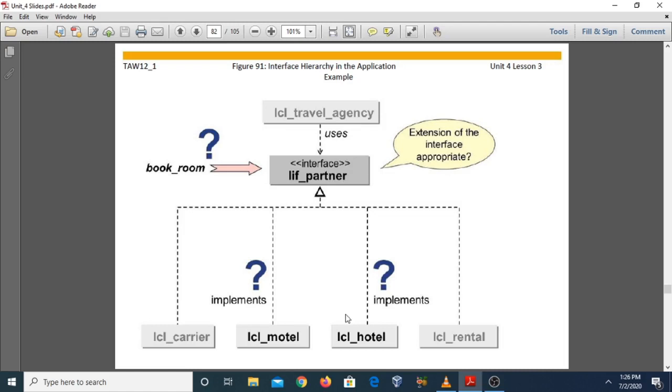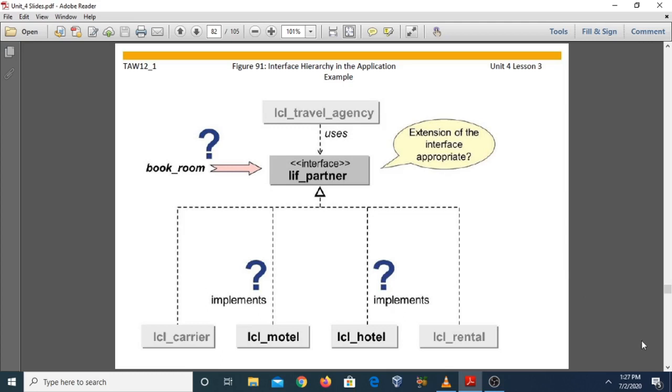Can motel or hotel provide this book_room service through the interface? Yes, that can be done by adding other classes which can implement this LIF_partner interface. So we can integrate with the interface LIF_partner by implementing the appropriate method in this interface LIF_partner.